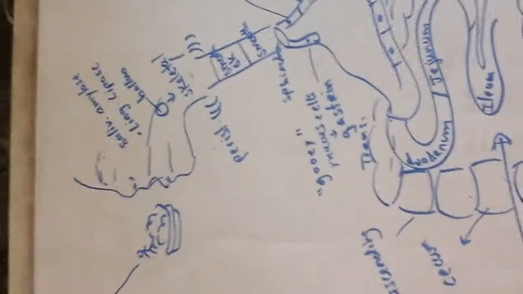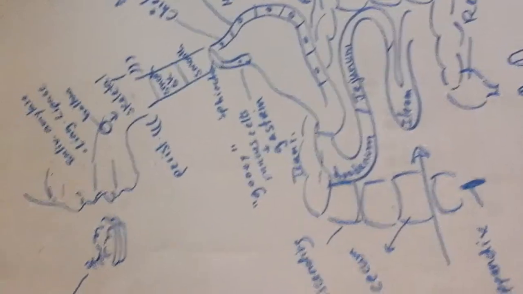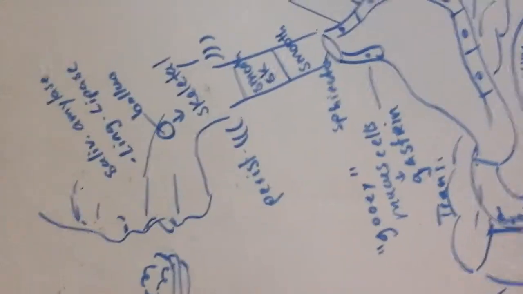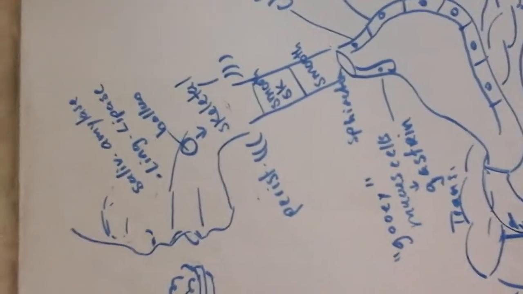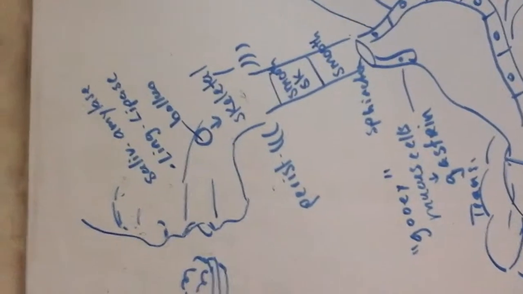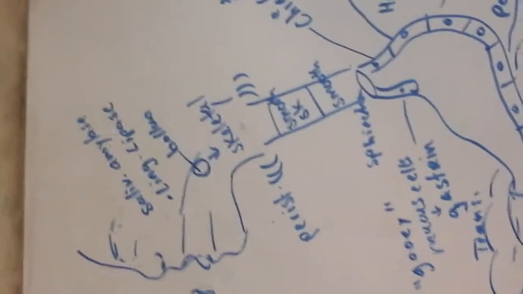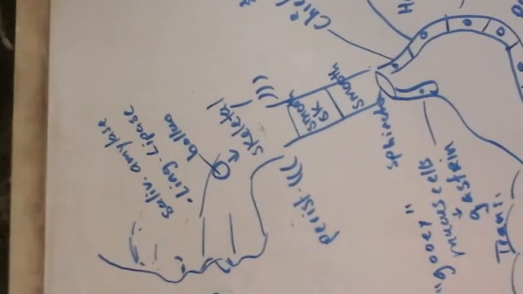Okay, so I'm gonna talk about a story regarding the GI tract. But before that, let me go over a certain amount of steps. So the first thing that happens is the food is gonna enter your mouth, and then you have salivary amylase. These are enzymes along with lingual lipase that are gonna break down lipids and starch a little bit. And then it's gonna roll over into a ball called bolus, and then you go through the